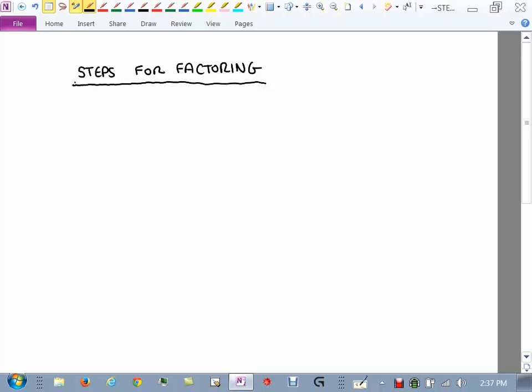Anyone remember the thing you always do first if you're trying to factor something? GCF, greatest common factor. That's the first thing we always look for when we're factoring something. So our first procedure is always look for GCF. GCF stands for greatest common factor. We always try and find something that all the terms have in common, and we try and pull that out, right? That's the first thing. I'm going to do examples, but let's first lay out the steps.